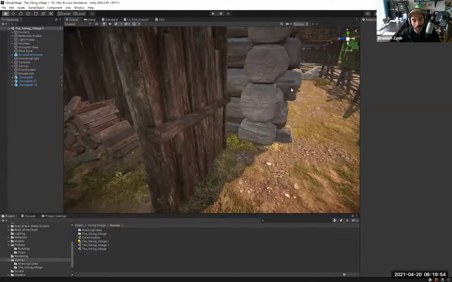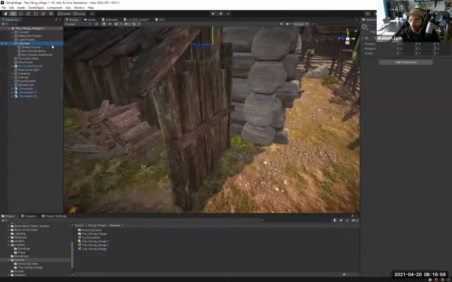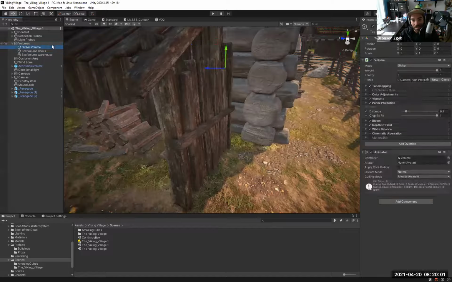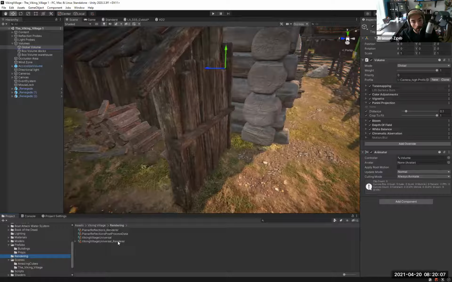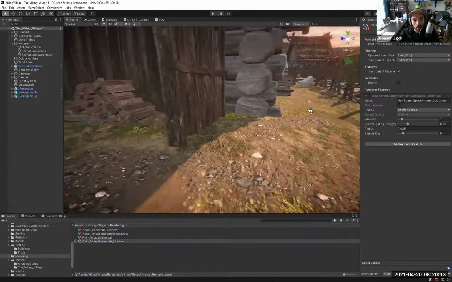So if I were to turn on the screen space ambient occlusion, normally in the built-in renderer, let's say, it would be in the post-processing effects. But with URP, it's actually part of the rendering asset. So here, actually it is on already.